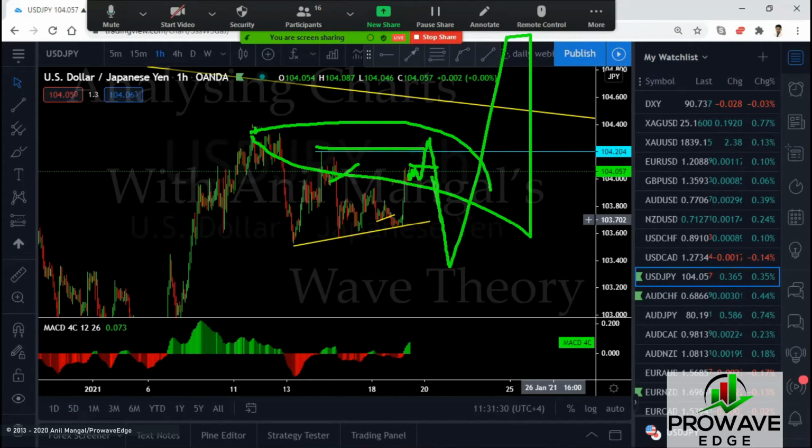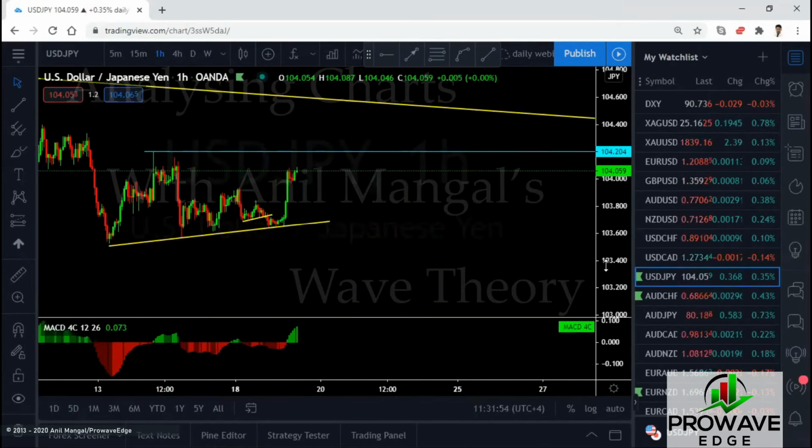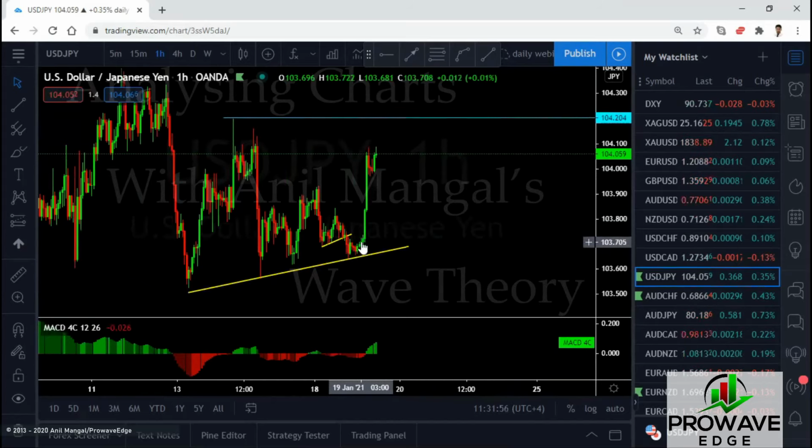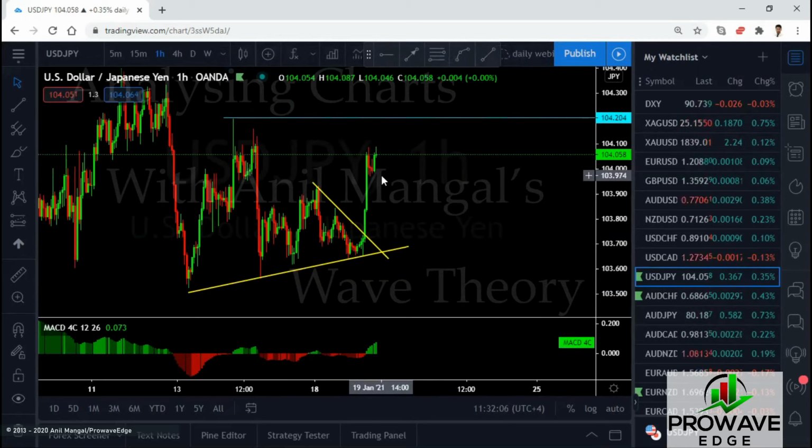If they consolidate to the top here, it will definitely go out. And we're waiting for this buy setup for a long while. So I don't know if any one of you guys were in the Asian session and you got that. Unless you take the break of this, it would be tough to get a buy here. We'll have to wait for the break of that structure to give you a buy. I don't see a buy setup there. So let it go, let it make a setup, and then we'll see.